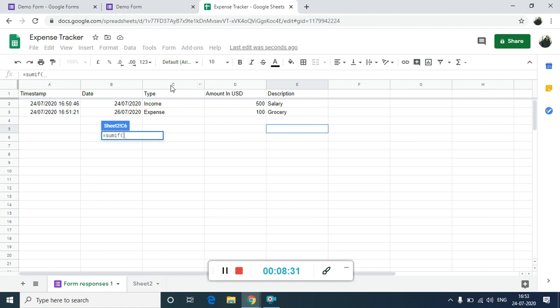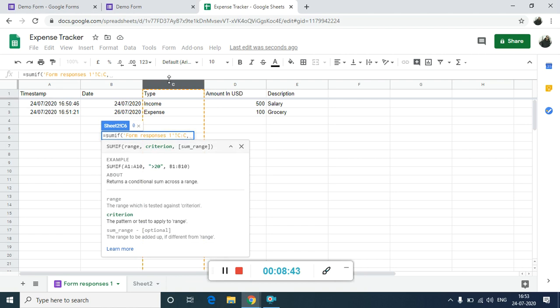Here you click on this alphabet and you select the entire column. So now what is going to happen is that the formula SUMIF will sum only when this column, comma, will have "income" in brackets. Keep the spelling as it is, do not make a spelling mistake. Close the inverted comma. Again I'll add a comma and I will select this column, that is the amount.